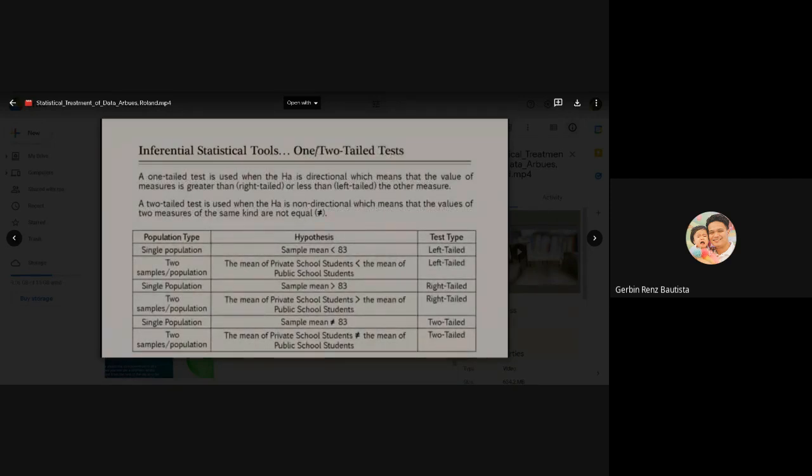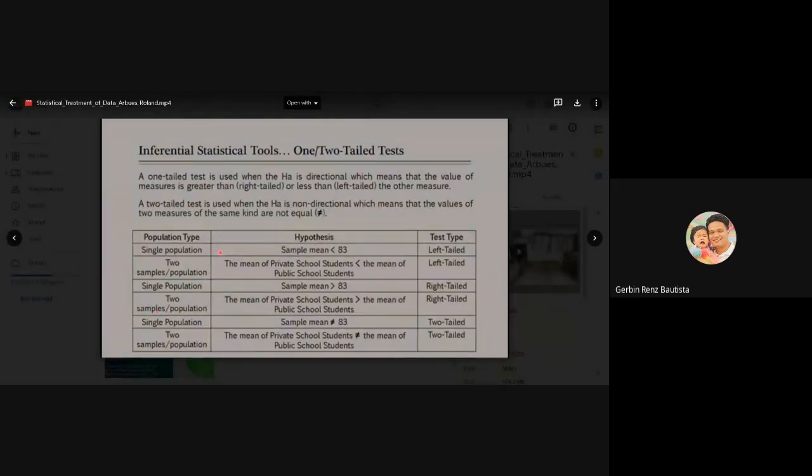How the alternative hypothesis, or HA, is formulated determines the type of test to be used in hypothesis testing. A one-tailed test is used when the HA is directional, which means that the value of one measure is greater than or less than the other measure. A one-tailed test is a hypothesis test for which the rejection region lies at one tail of the distribution, whether a left-tailed test or a right-tailed test. If the sample mean is less than the specified value, then it is a left-tailed test,